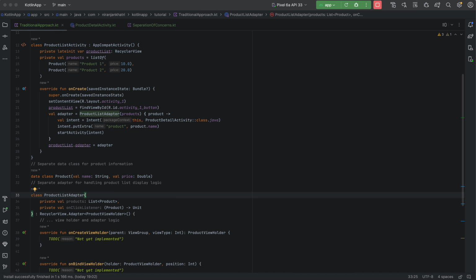It's also easier to maintain. When you need to fix a bug or add new features, you can focus on the specific concern without worrying about breaking something else. It's more reusable too. Well-defined concerns can be reused in different parts of your program or even in other projects. Some examples of separation of concern in action: